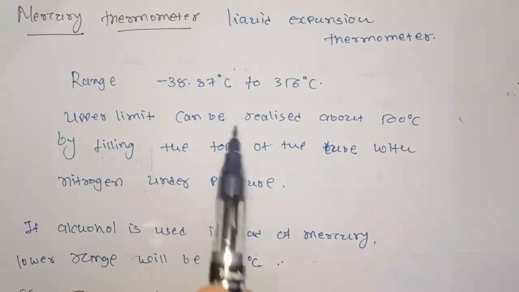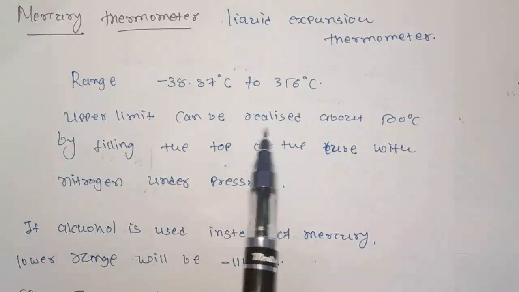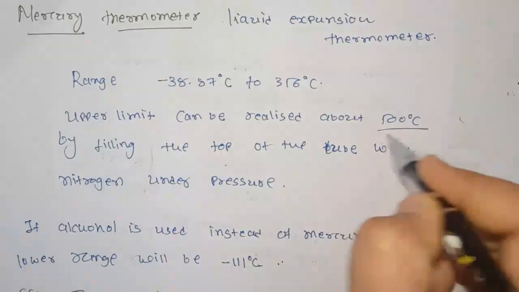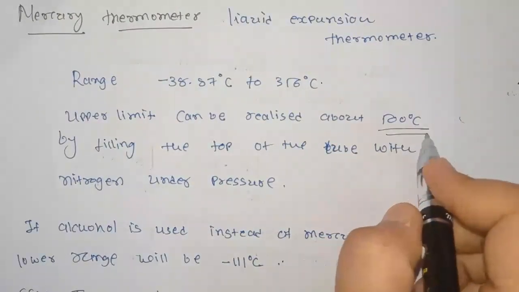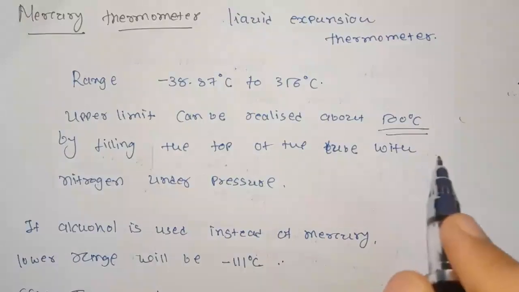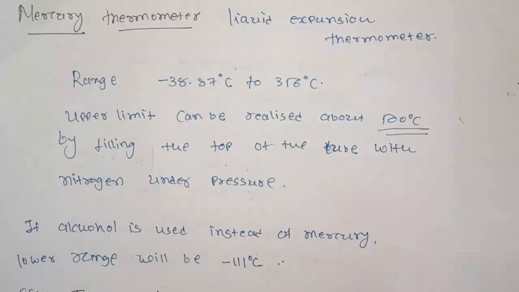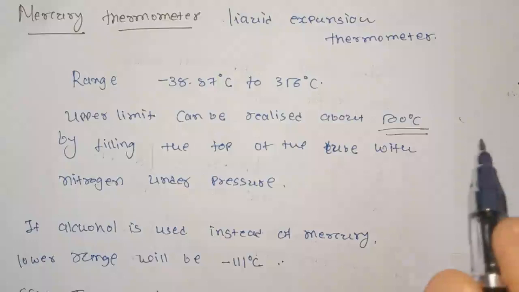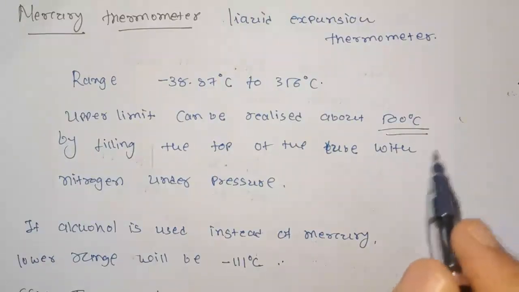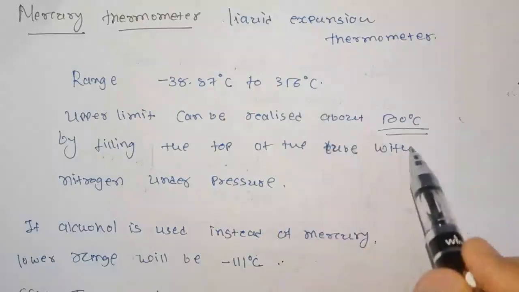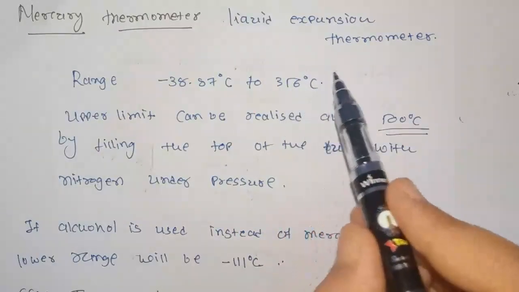But the upper limit can be realized up to about 500 degrees Celsius by filling the top of the tube with nitrogen under pressure, because if we increase the pressure, then the boiling point of mercury will also increase. That will become 500 degrees Celsius from 356